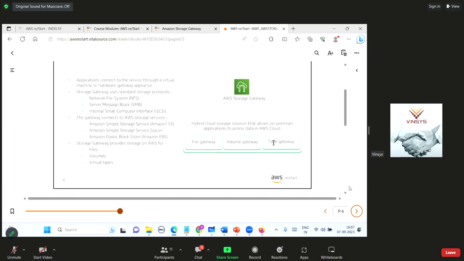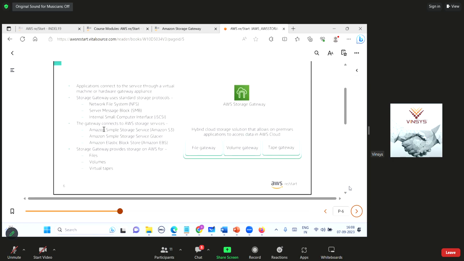File gateway, volume gateway, as well as tape gateway. Applications connect to the service through a virtual machine. It can be the virtual machine or it can be even the hardware gateway appliance. This is about on premises. At your on premises it could be the virtual machine or it could be the hardware gateway appliance as